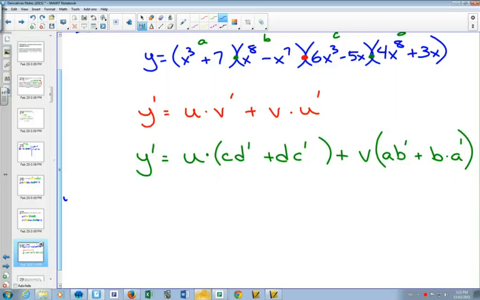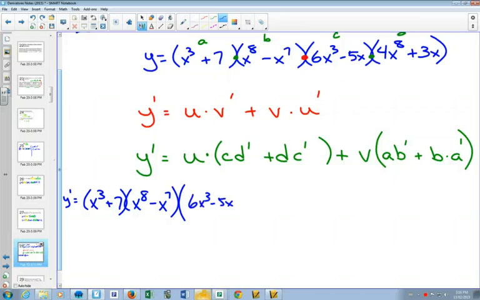We're going to have to start way over here and write it pretty small. Because it's going to be, first you're going to write u, which was x cubed plus 7, x to the 8 minus x to the 7, times c, which is 6x cubed minus 5x,